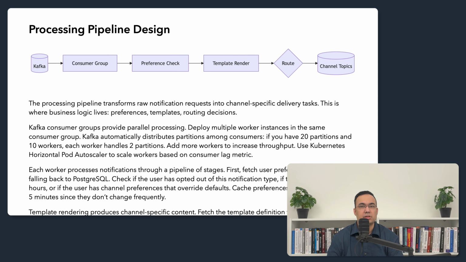Content rendering produces the channel-specific payloads. Fetch the content definition for this notification category. Render it with the provided variables using Handlebars or Jinja2. Content for, let's say, order_shipped might have variants like push with the short subject and body, email with full HTML and tracking links, and SMS with a brief message. Render all